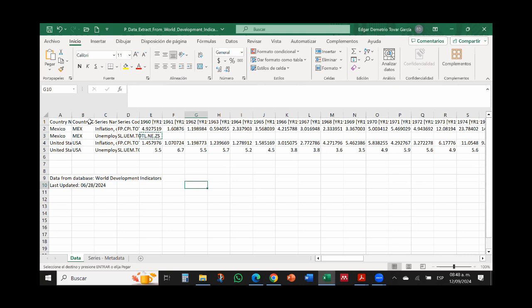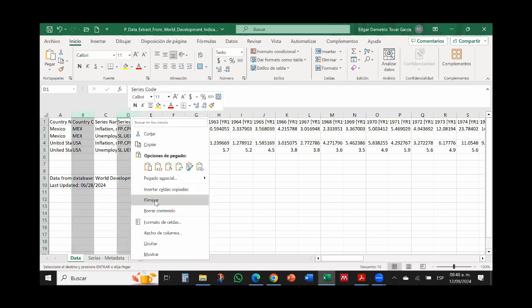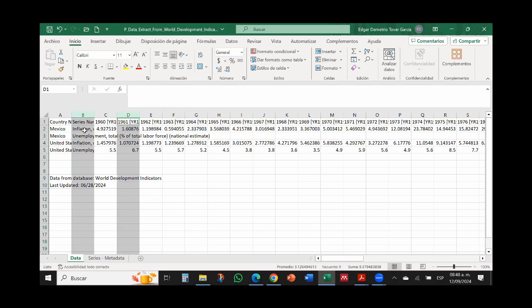I had Mexico, and I had the variable. Therefore, actually, these two columns are also necessary for me. I can select that, and I can remove this one. Therefore, I have Mexico: inflation, unemployment; United States: inflation and unemployment. This kind of simple graph, when you are observing how something behaves over time, is quite simple to get. And the question is, how can I get this scatter plot